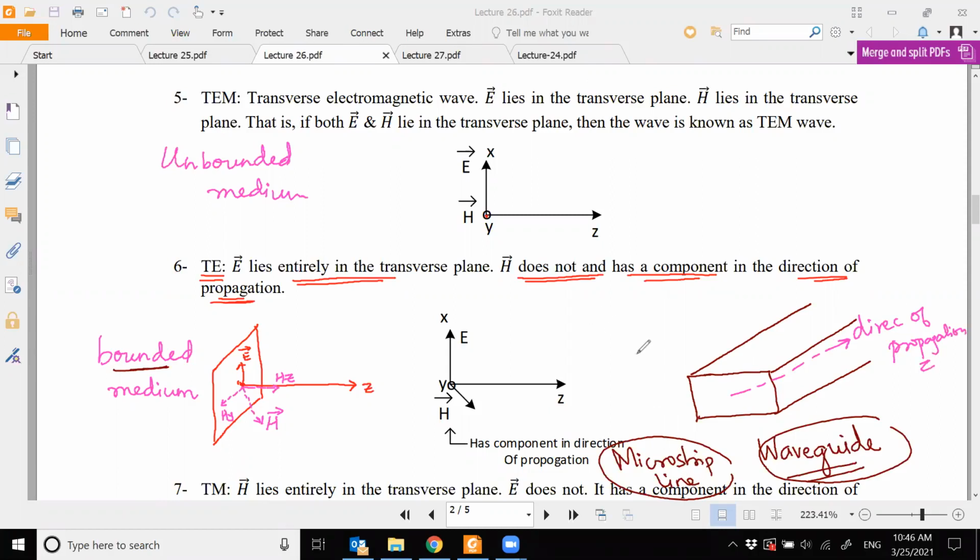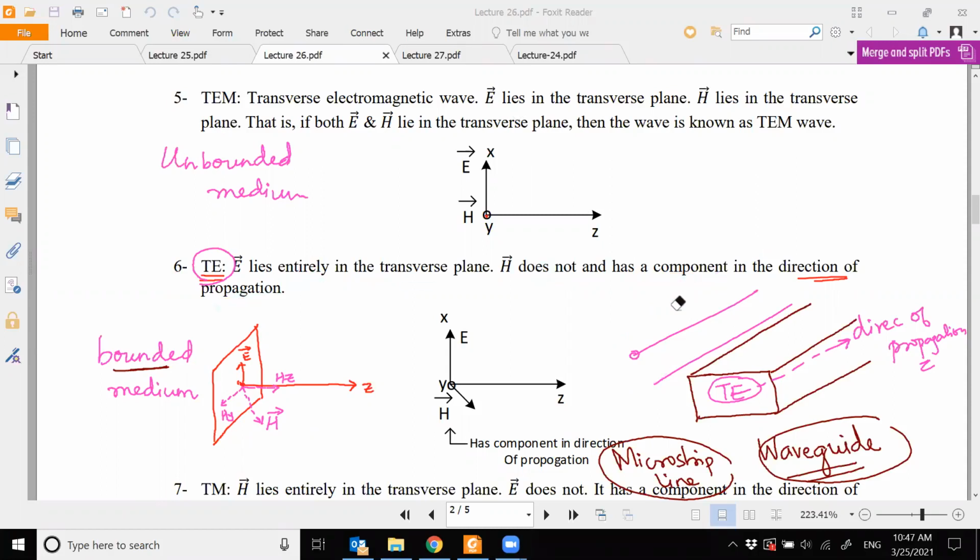A wire can also be an example. Now, wire is not a good word, but a coaxial cable is also a very good example. But since coaxial cable is used for low frequencies, I don't prefer to give this as an example, because here it is your TE and TM modes that will come into picture. So your TE mode will be available inside this, because of the bounded medium. And this will happen